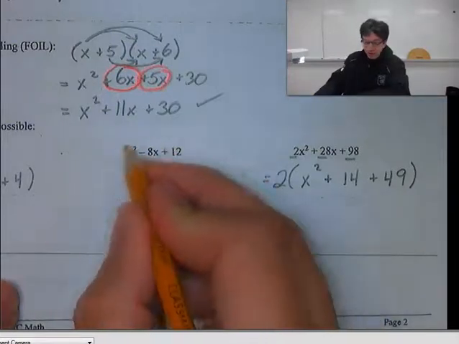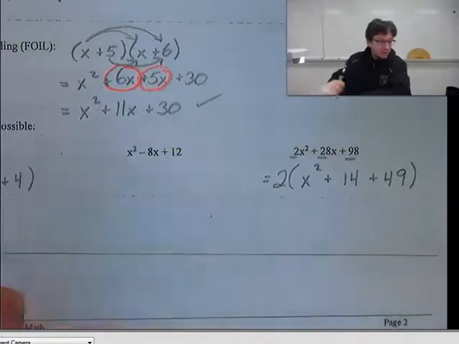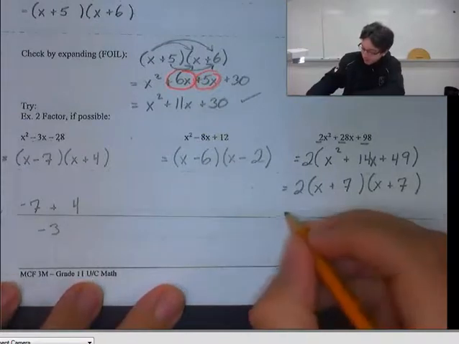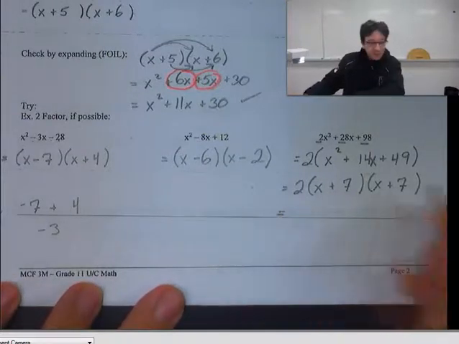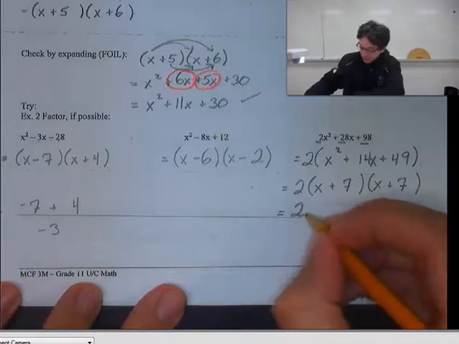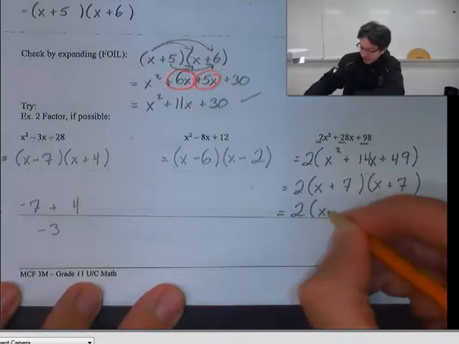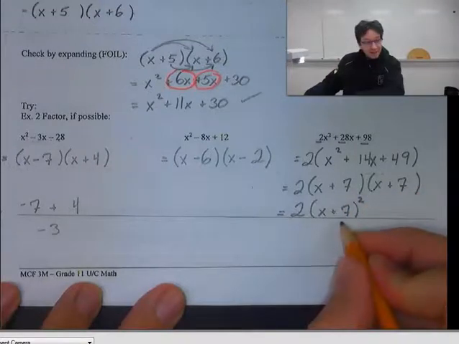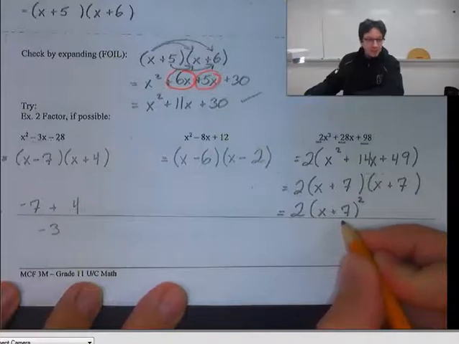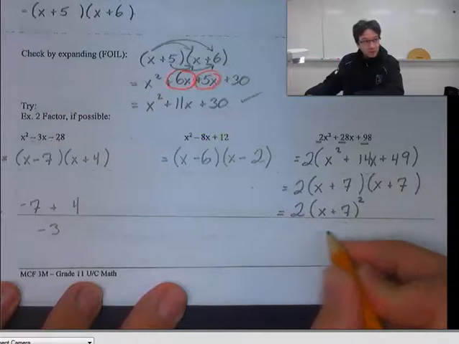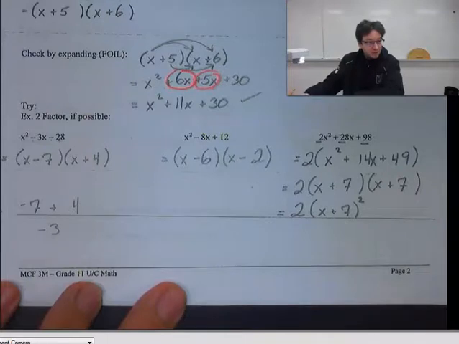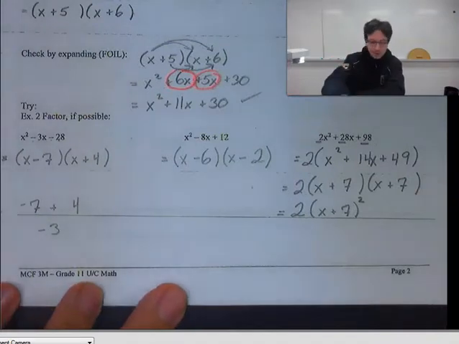Okay, so try this one on your own and try to finish this one on your own, and then we'll take them up. Okay, so now that those are done, there's one more thing I wanted to mention: you'll probably notice that these brackets are identical. So what we can do is simplify even further to make the equation look a little nicer and write it like this. Because also when we write it like this, right now it looks like vertex form of a quadratic, doesn't it? It's just plus our k value is 0. And so that's a form we are more familiar with at this point. And so that'll be it for